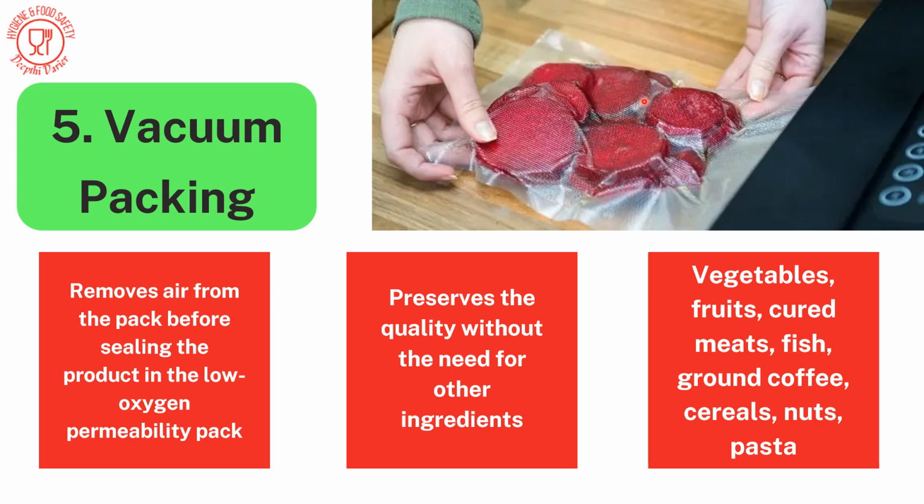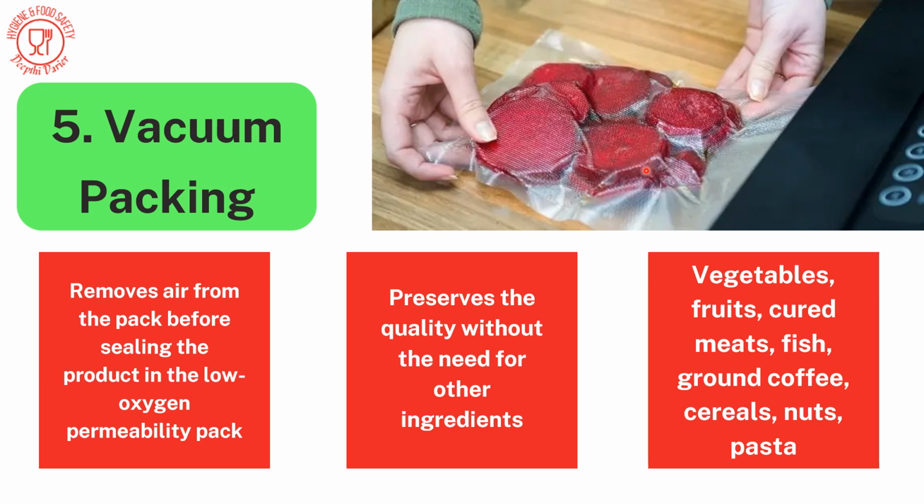So it prevents oxygen from getting in, because if oxygen had gotten in, it would have reacted with the food. It might have compromised the color or the taste or the smell of the food. Now because you have pulled out all the oxygen and your pack is so tight that it doesn't allow any oxygen to permeate through, it ensures that the food looks and remains fresh. Not just that, it also inhibits the growth of aerobic microorganisms. So organisms are unable to get in, and hence you are able to store the food for a